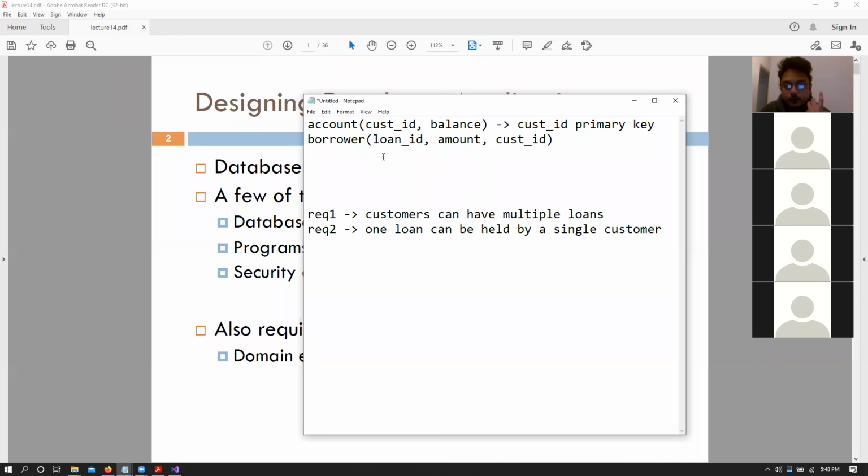Can you tell me what would be the schema key constraints for my borrower table if I want to specify these constraints? So I am just a bank domain expert. I tell you that a single customer can take out 5 loans, but a single loan has to always be attached to a single customer. It cannot be shared by multiple customers. So what would be the schema design